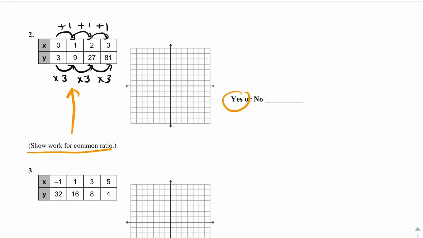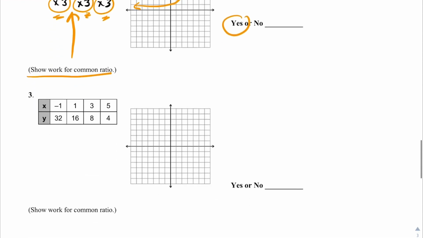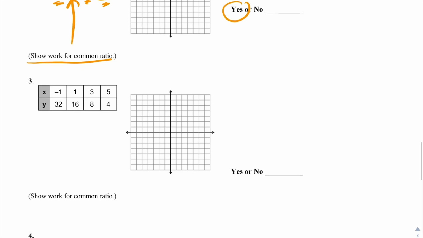If I was to sketch this, it would look very, very roughly something like this. And the reason I know it would be an increasing function is because the number I'm multiplying by each time is a whole number and not a fraction. Let's have a look at number 3. If I check my domain first, I go up, I add 2, and